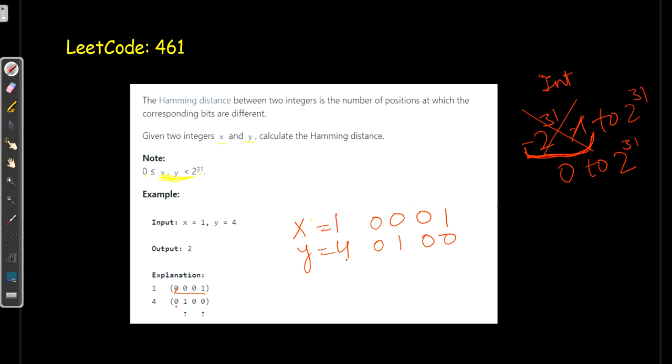Now here we need to calculate the Hamming distance. So we will take out the difference in the bits. We start with the least significant bit, 1 and 0, this is a different bit, 0, 0, it's the same, 0, 1, these are different, 0, 0, it's the same. So for this, it's a Hamming distance of 2. That's what our question says.